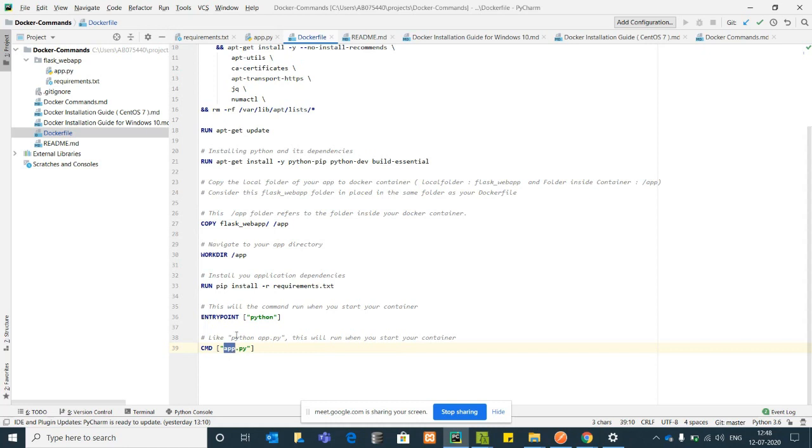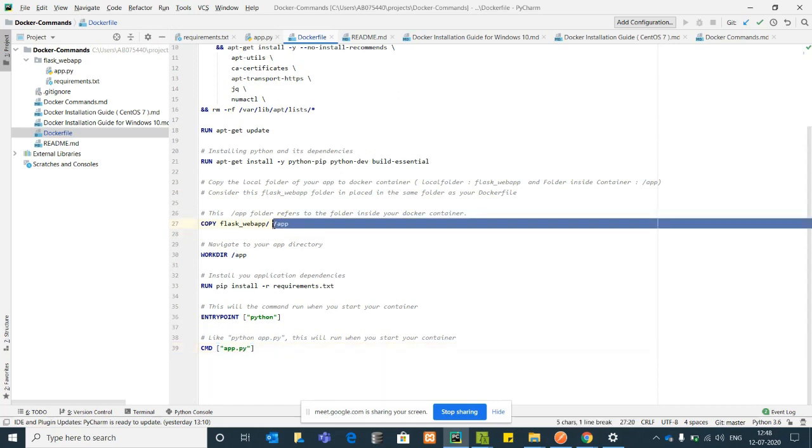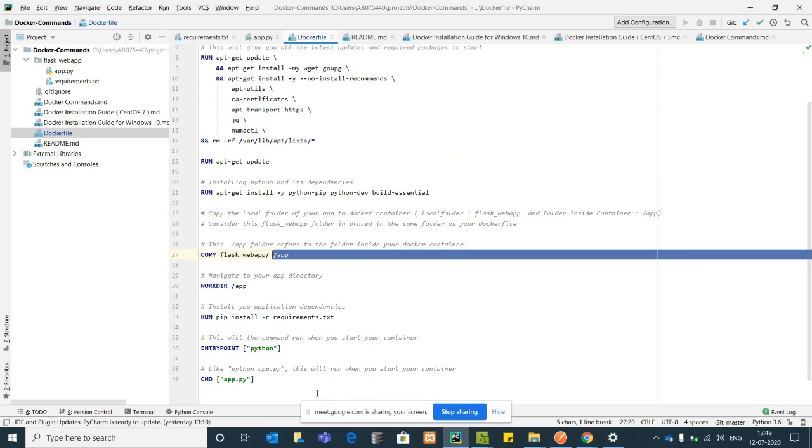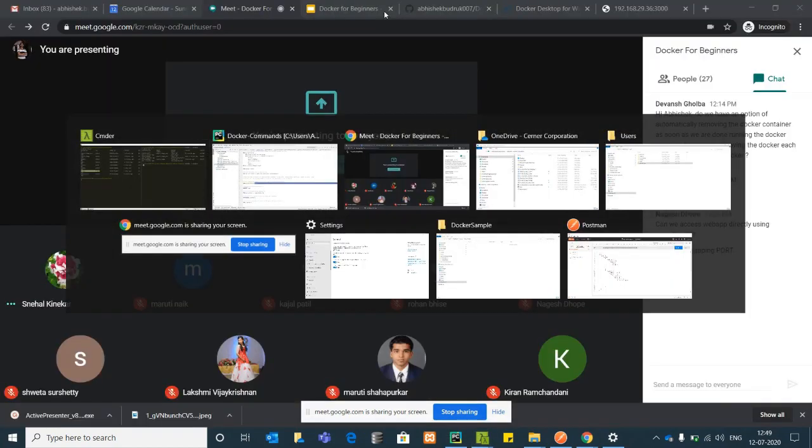You can also just run this web app image with the argument as the app2.py file. But this app2.py file should be present in your app folder inside the container. Any doubts? Guys, any doubts? No.